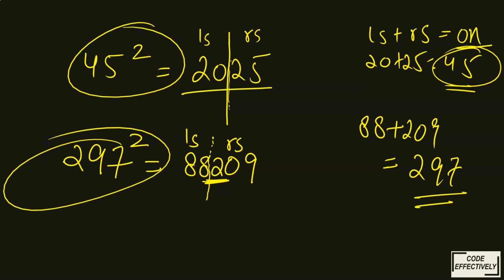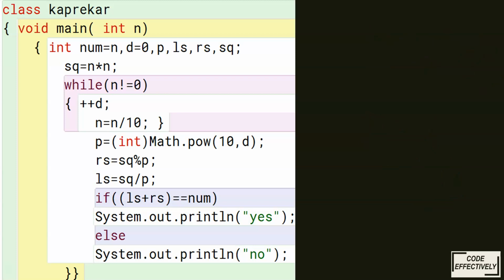Now let's see what we have to follow in the code to find whether the given number is a Kaprekar number or not. This is the code I have already written in the BlueJ IDE. Let's run this code and check whether the given number is a Kaprekar number or not. So let's start with 45 itself. In this, we will take the input as parameterized so that we can save a number of lines. You can take input using the Scanner class or the Buffer class, any class you want. It depends on you. I just saved lines by taking parameterized input.